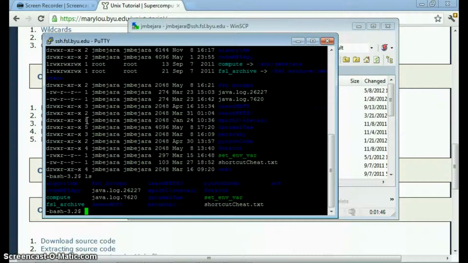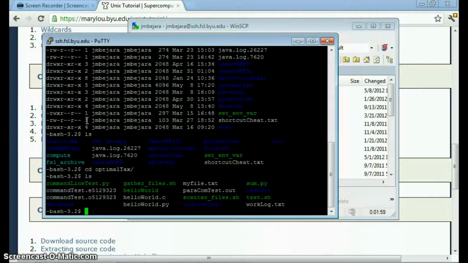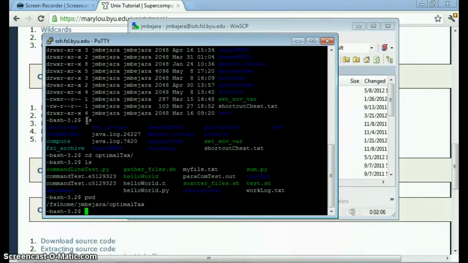Let's again type in ls to see where we are. We can change directories using cd. So let's go into the directory optimal tax. ls to see where we are. A useful command would be pwd, which stands for print working directory, so we can see where our directory is. Just to note, this first slash is called the root directory. We're in FSL home, my user directory, and in the optimal tax directory. Okay,